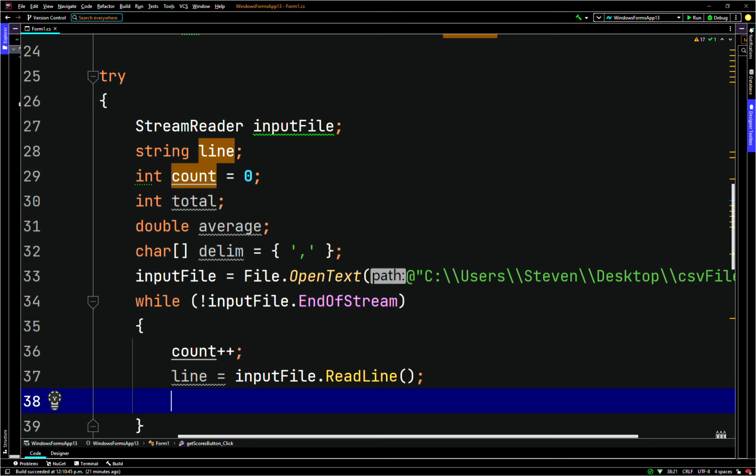So here we'll instantiate. We'll basically declare and initialize a string object in the while loop itself. So we'll go string array tokens points to line dot split. Remember to